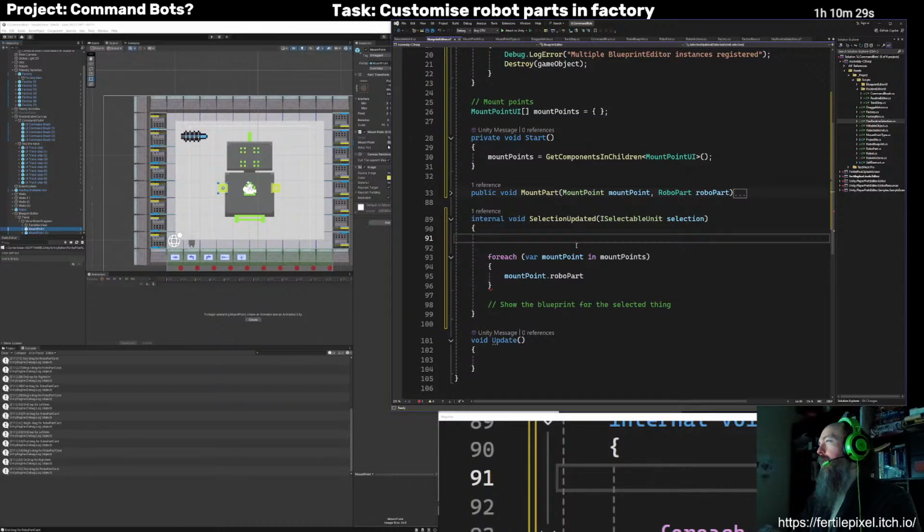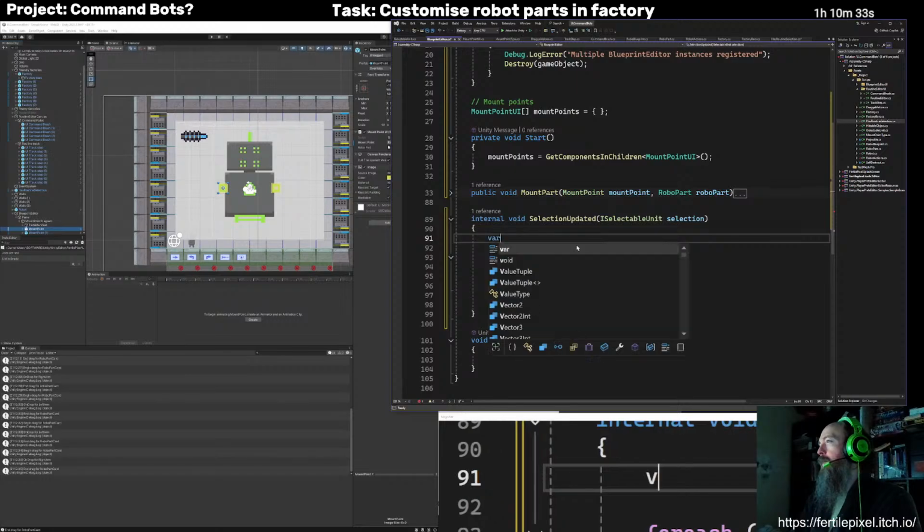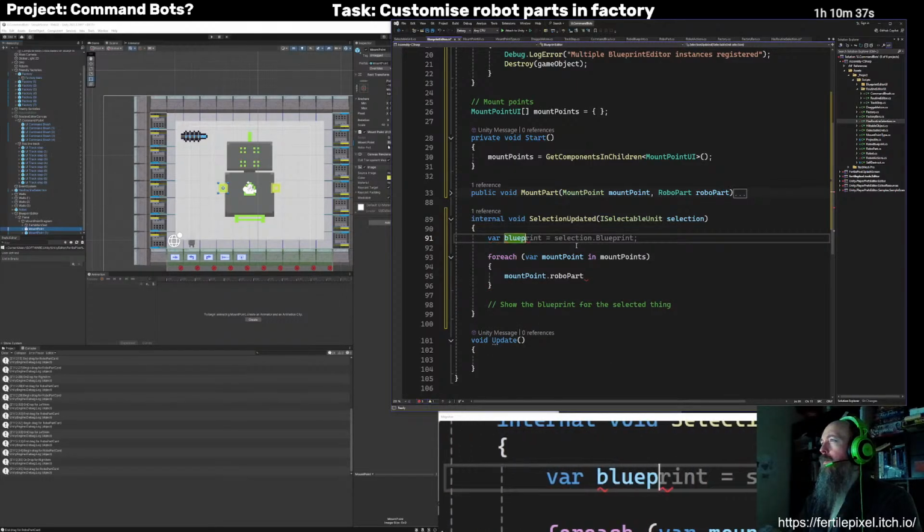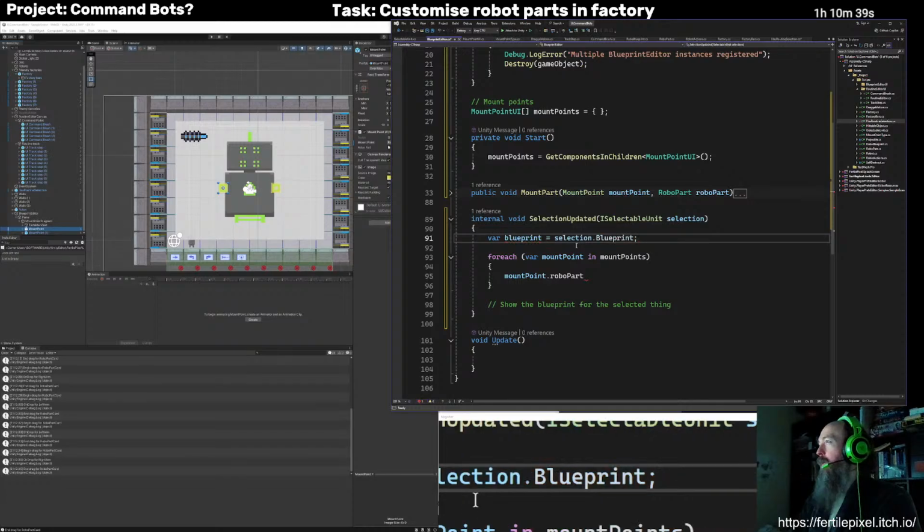Which, if there's nothing in the selection, then nothing to do. Blueprint equals selection dot blueprint. That sounds good. Now we don't care if it's editable, just that the selection exists. And I'll need to clear it anyway.